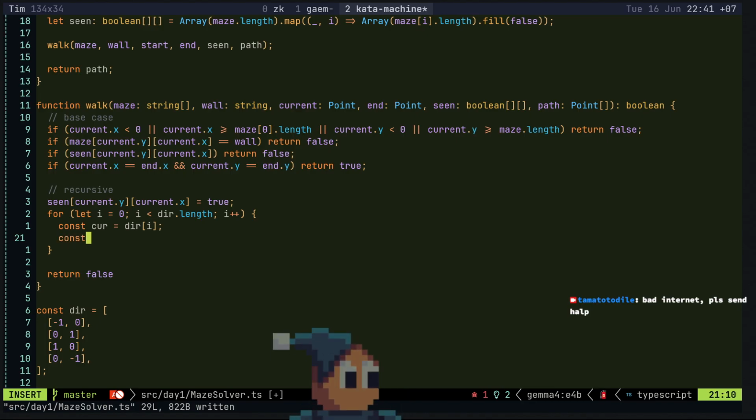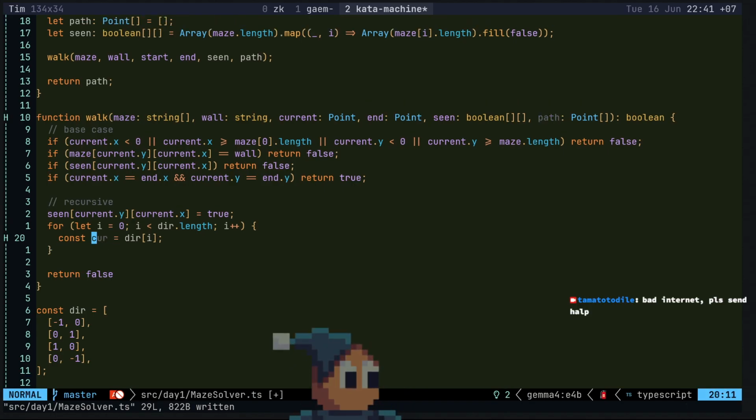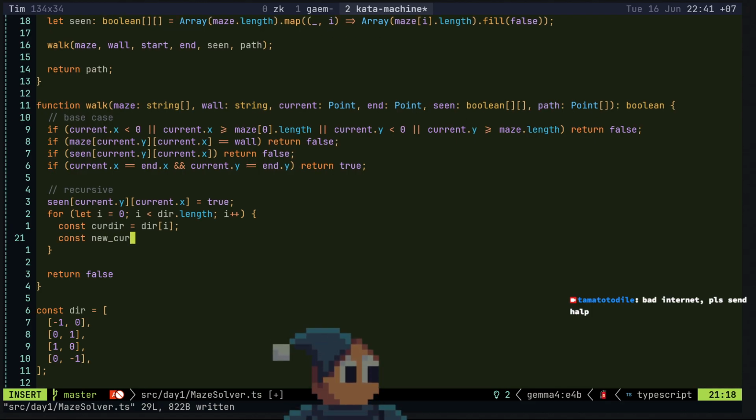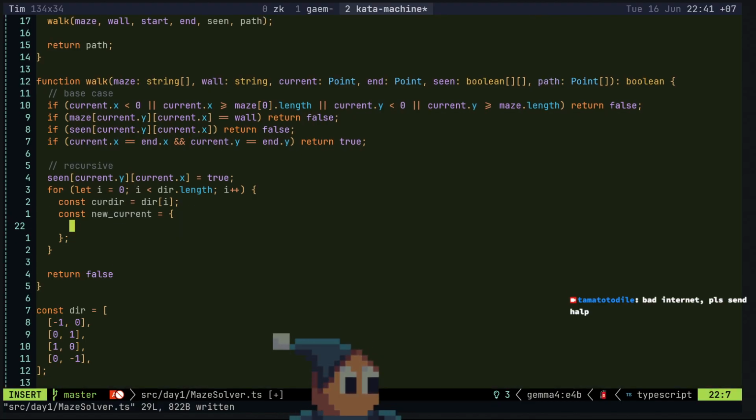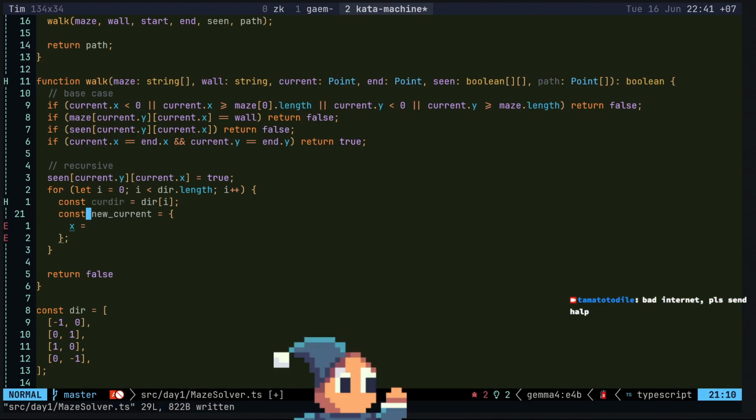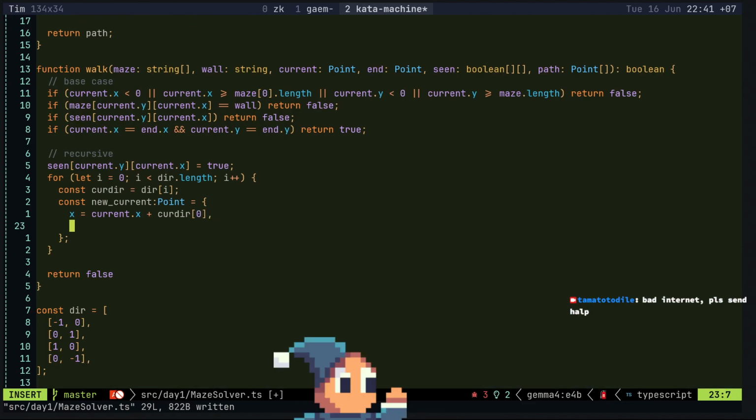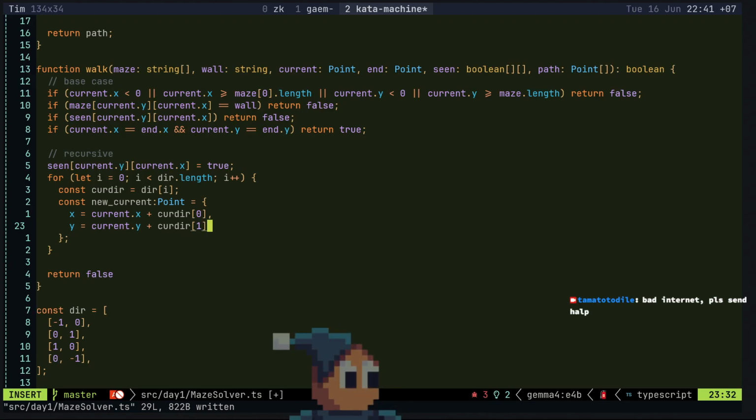Oh. Sense corridor. Point is the current x plus corridor 0, and then the other one is just current point plus corridor 1.